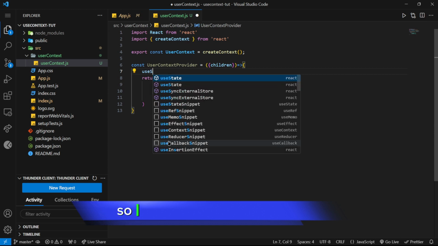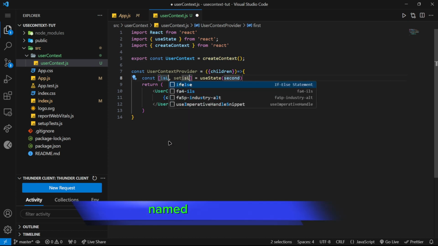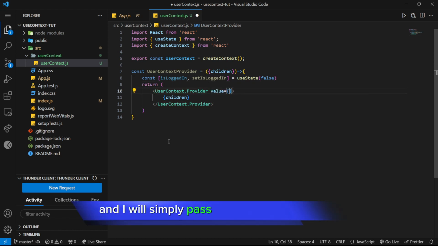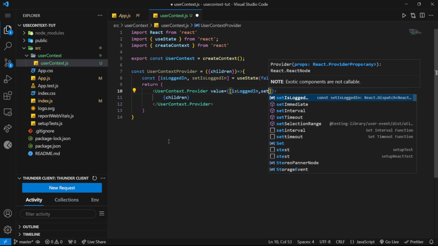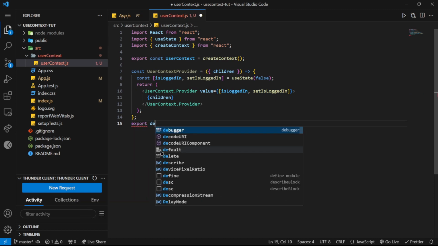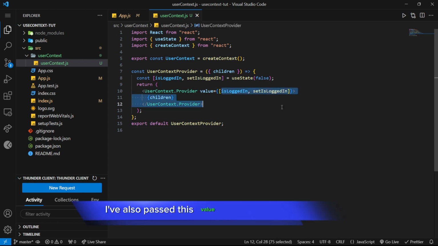So I will make a useState named isLoggedIn, and the default should be false, and I will simply pass this value here, isLoggedIn, setIsLoggedIn. Okay, I should export it, export default UserContextProvider. As you can see, I've also passed this value to our children,